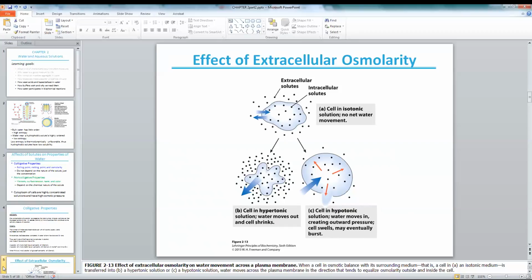If our system becomes hypertonic, then that's where water leaves. Our cell can become crenated or shrink, and that can actually cause damage. Or if it's hypotonic, that's also not good because the water is going to rush in, and as it swells, it can cause the cell to burst. And so if you think about something like